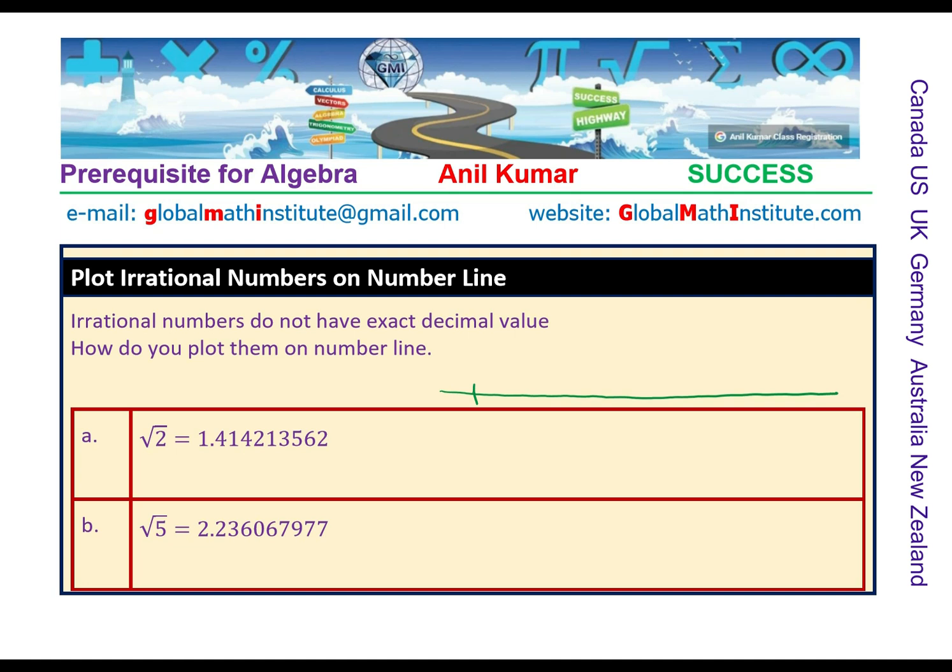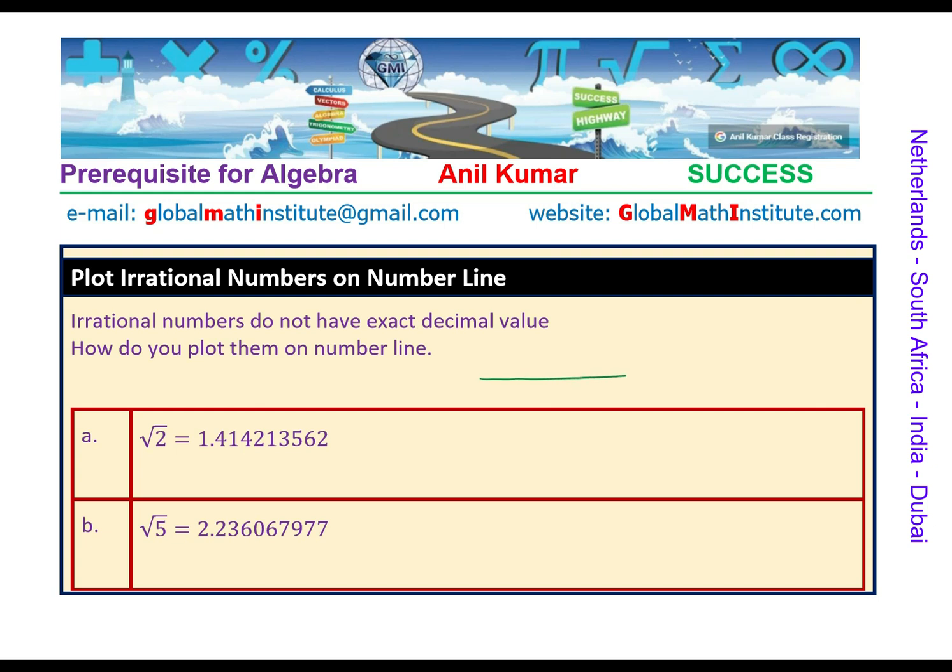So on this number line, we have numbers 0, 1, 2. Let me redraw it. So that's the number line, right side of this from 0, 1, 2,